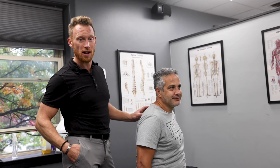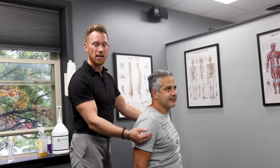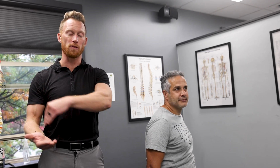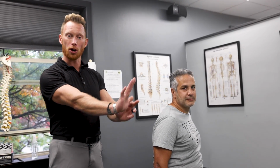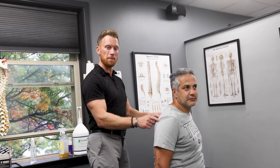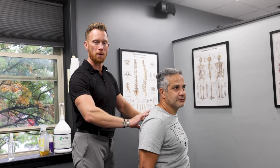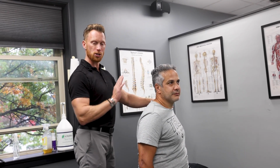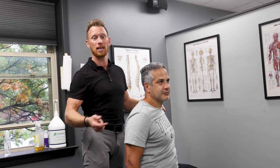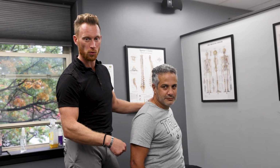So we uncovered some cool stuff in between Sari's back arm line and his front arm line. The front arm line are the muscles that come down from the front of the hand up through the chest and over down to the opposite side. The back arm line are your extensor muscles that come from the top of the fingers up through the elbow, through the mid back. One of the things you guys have seen on previous videos is how we want to have a strong back line so that we have good posture, nice back chain dominance, which is going to eliminate his complaints of numbness, tingling, pain, tendinitis, and tenosynovitis, which we'll see on his right wrist,